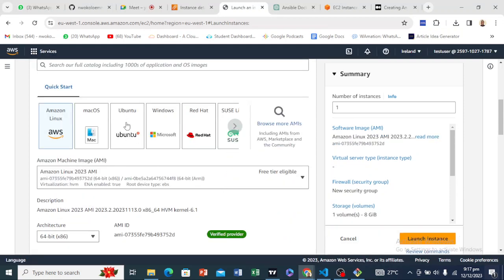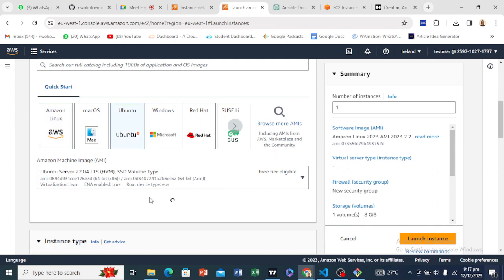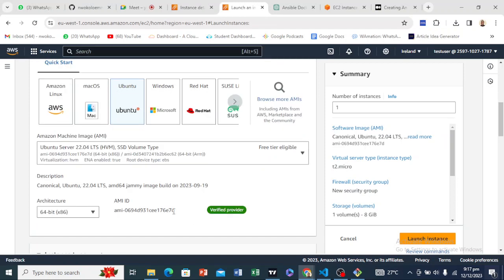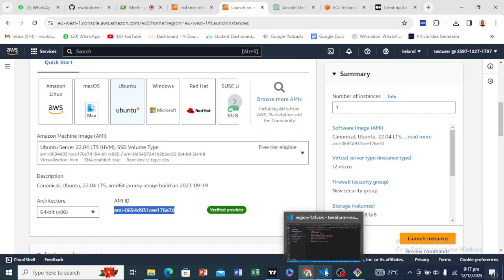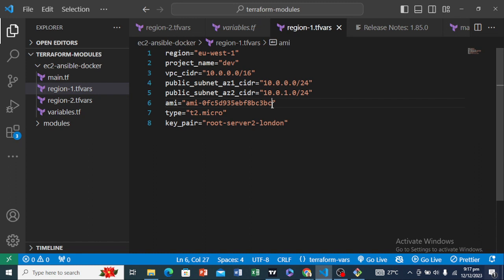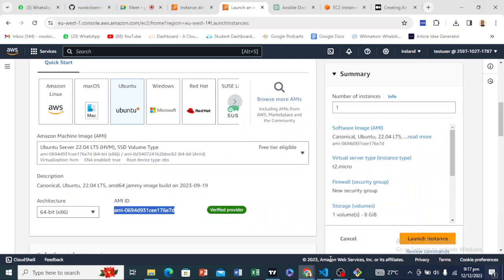Okay, so if we select Ubuntu, we can see the AMI ID present there. No wonder we're getting wrong source code. Okay, so with this, let's now